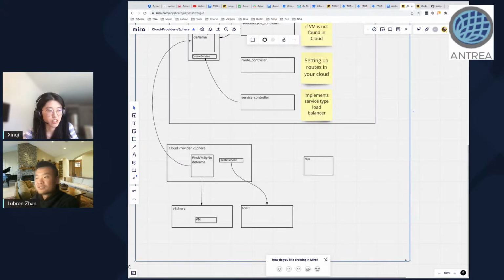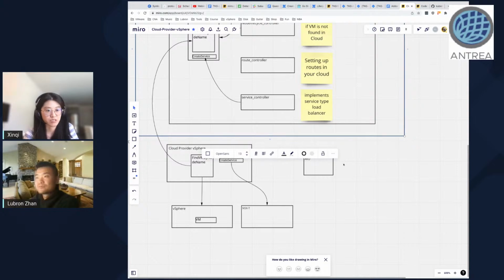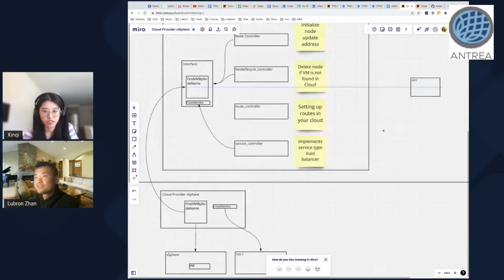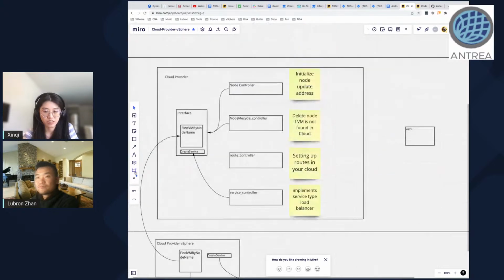So Avi has a totally different way to provide this load balancer type of service. And AKO is another story. Every time you create a